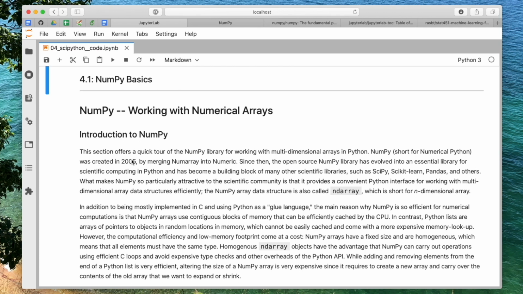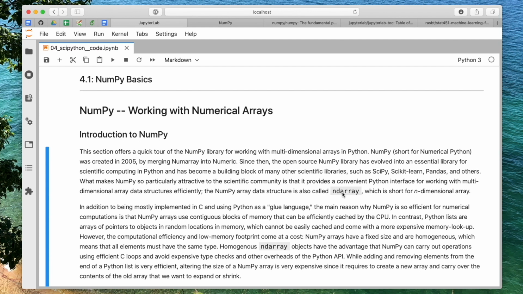And many other libraries nowadays are built on top of NumPy. Actually, I don't know, there are probably not many libraries anyone would know that are not built on top of NumPy. The most notable ones are SciPy, Scikit-learn, Pandas, and so forth. They are all built on top of NumPy. Specifically, they use the NumPy array format, the multi-dimensional arrays in NumPy, which we sometimes also call n-dimensional arrays, and the short version, the data type, would be ndarray, which stands for n-dimensional array.